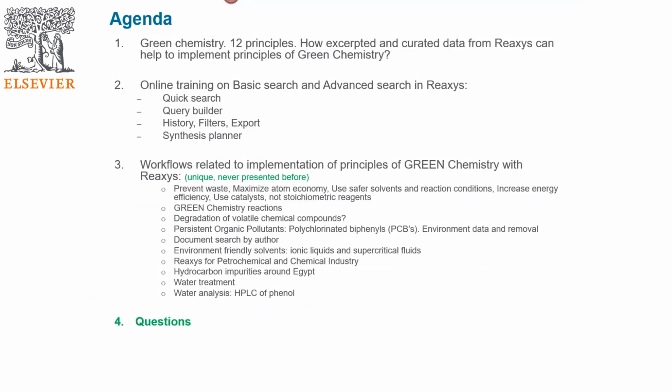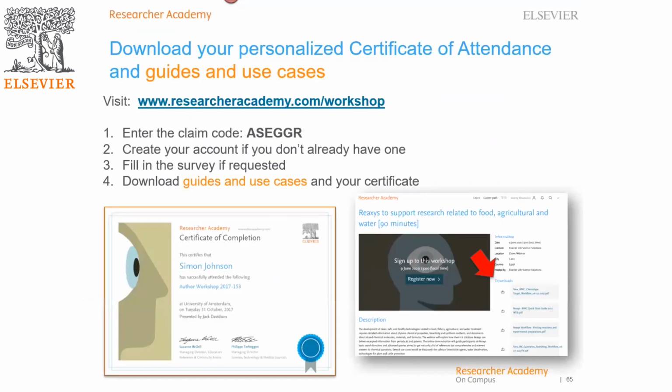So finally we finished all the use cases which I prepared for you, and now we are ready for the questions. And now I am showing you the slide which some people asked me to show again. What is this? This one is the link to Research Academy, and this one is the code which one can use to get a certificate, to download the presentation, and to download the additional materials. And I am showing you this slide, and let's start answering the questions.